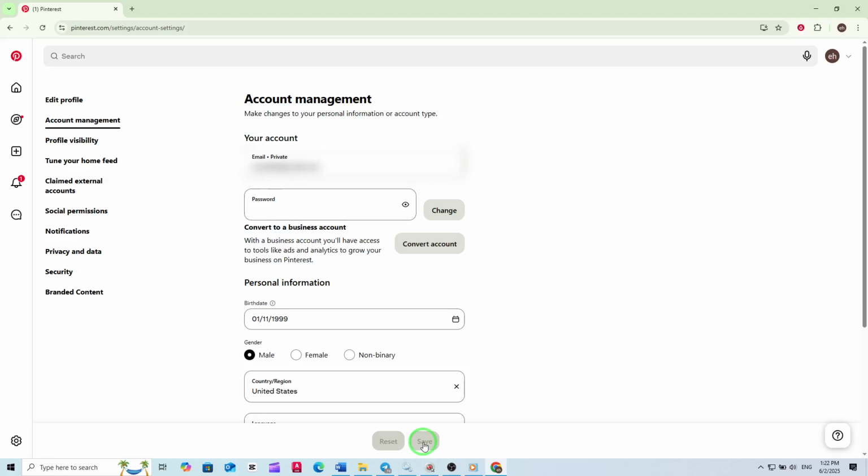And that's it. Changing your Pinterest birth date on a PC with the new update is straightforward and only takes